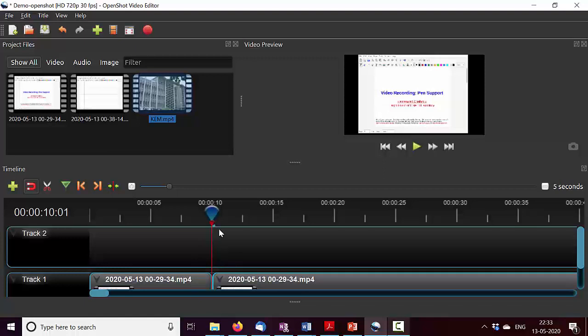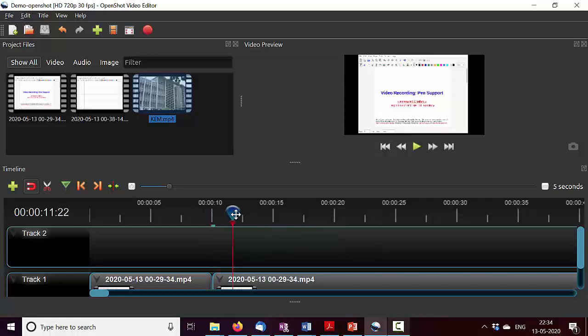That is what it means to say keep both sides. If I had selected keep left side, which means the right side will completely be removed. Or if I say keep right side, the left side will be completely removed. Typically when you cut in the middle, you want to keep both sides. But if you're cutting at the very end, you may want to just keep the left side and remove the right side completely. So this point I have cut.